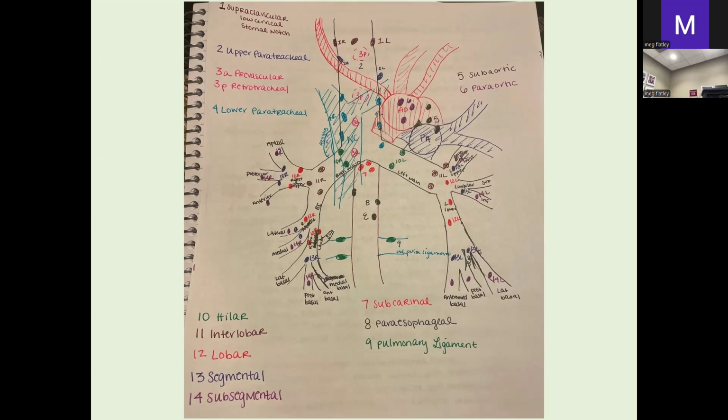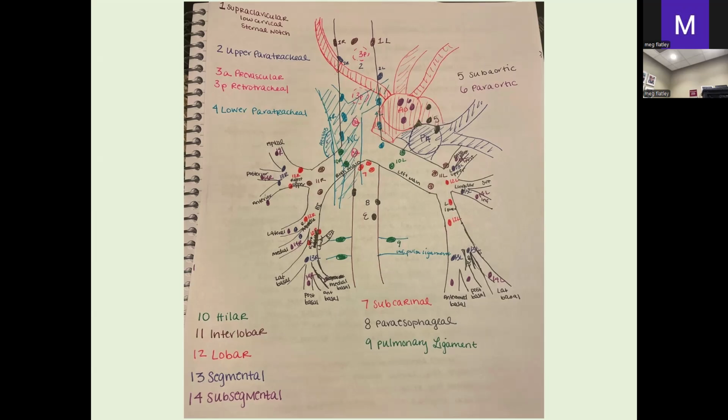And then 7, we come back to the middle and we're continuing to move down. And now 7 is subcarinal. So 7 are the last ones where historically you can reach with mediastinoscopy. 7 you can also reach with EBUS, which I'll show you in a second, is probably, I think, moving forward going to be the answer for most central, and even as we get into hilar and maybe interlobar,